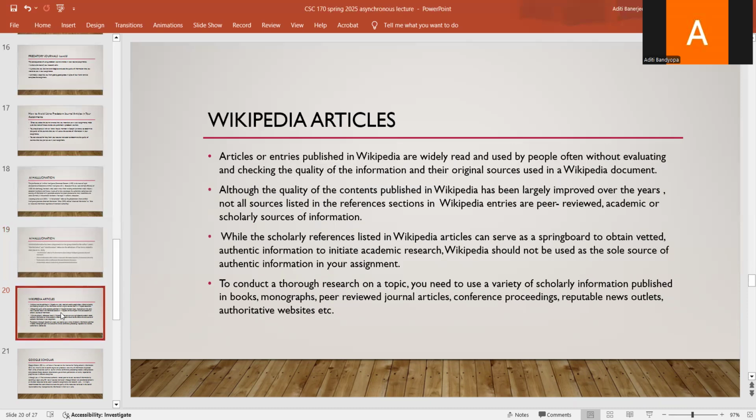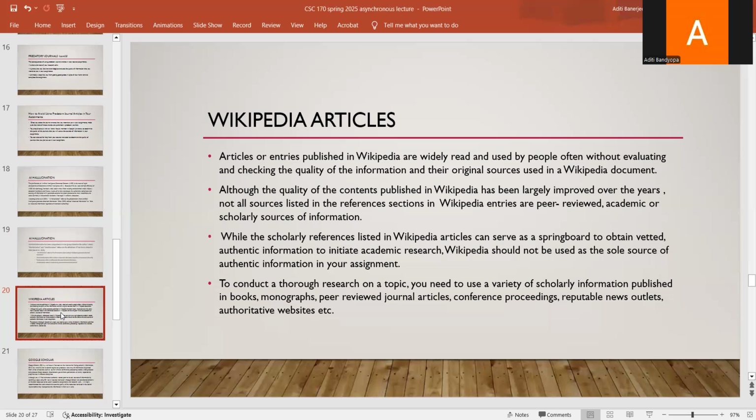Our next slide is about Wikipedia articles. People love to read Wikipedia articles for information, but very often they do not evaluate the quality of information and they do not check the original resources or the original sources of information used in a Wikipedia document. Although the quality of the contents published in Wikipedia has been largely improved over the years, not all sources listed